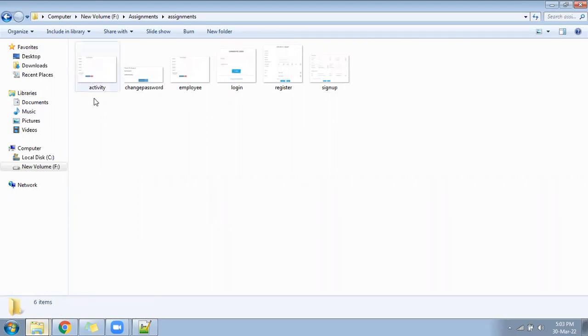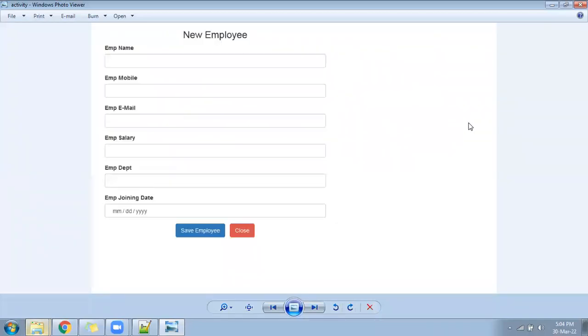Okay, activity 1 and 2. So take the photo of this page.